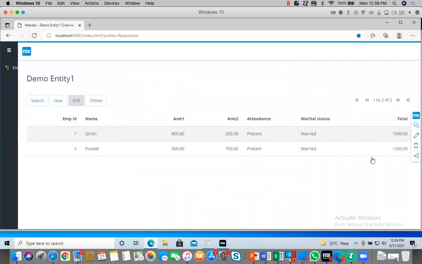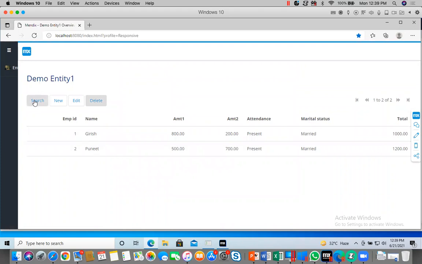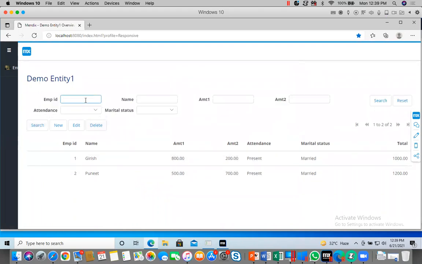See? So this way you can create your apps, and if you want to delete, it will ask whether you want to delete or not. Cancel, I don't want to delete. Like search, it will ask ID. See, automatic. You can search on any value, marital status, present.